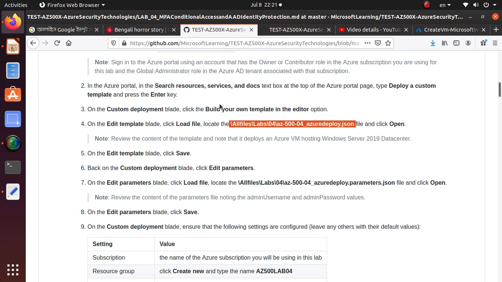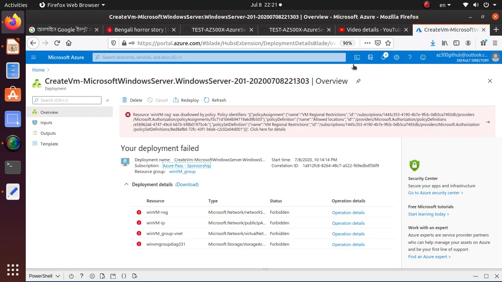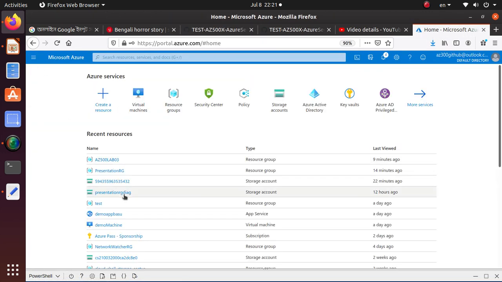Okay, so I think we have talked about enough. So let's go to our Azure environment, find this resource, and the resource itself is deploy a custom template. So let's go. So I'm in my Azure environment right now, and